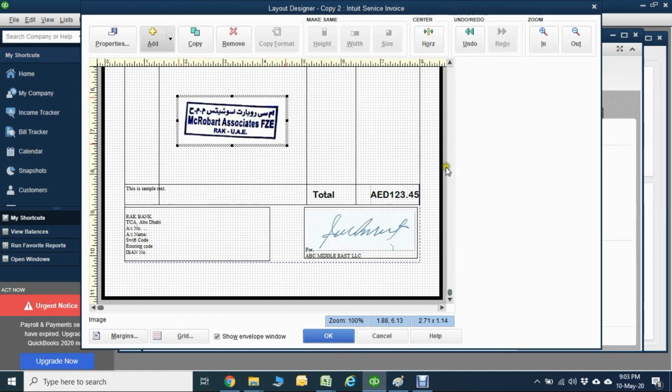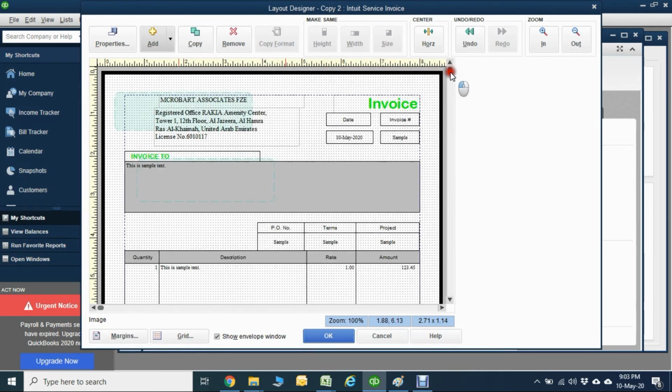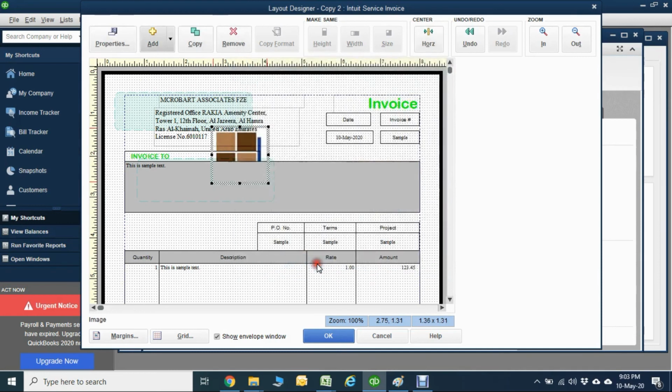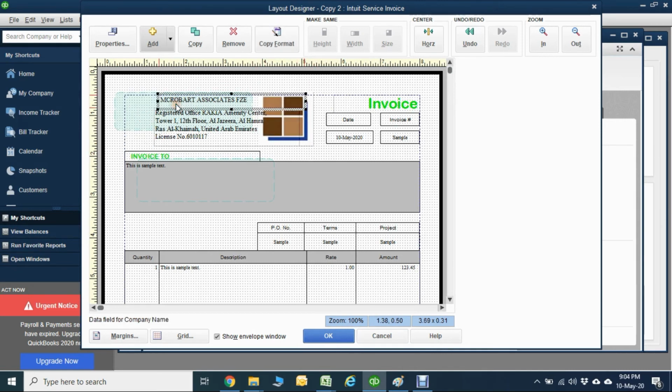And then almost done. And add your logo here also. Add image. So add logo here. Top left or right or middle you want, whatever. I like to put at the left side at the corner. If you like middle, you can put in middle also. That also looks good. Okay, this time I'm putting in the middle.